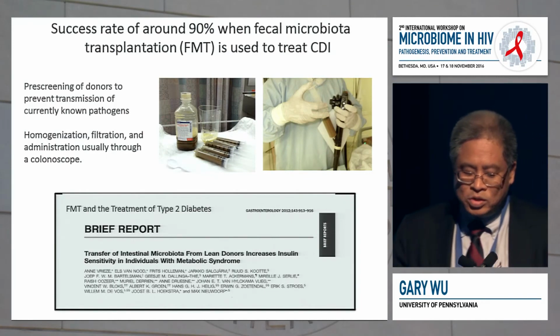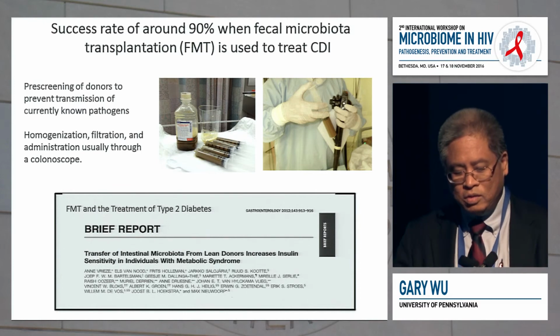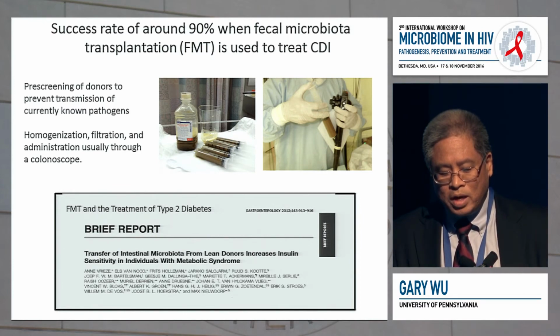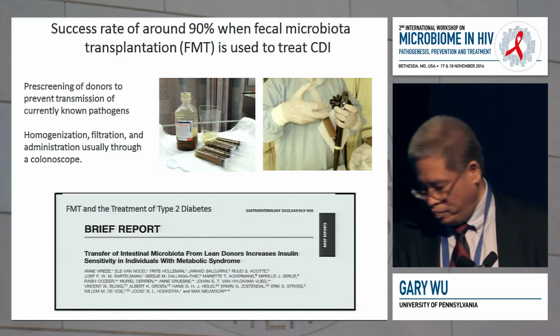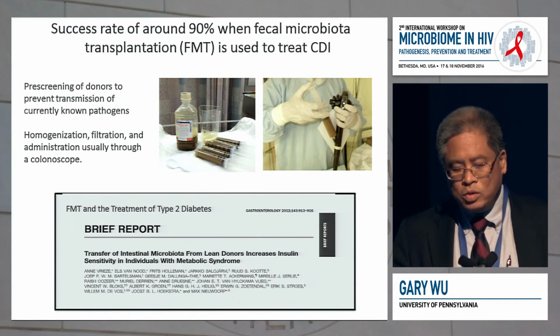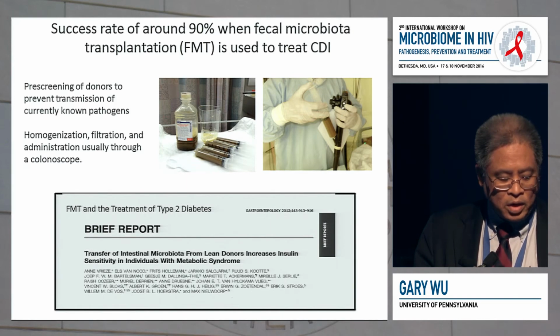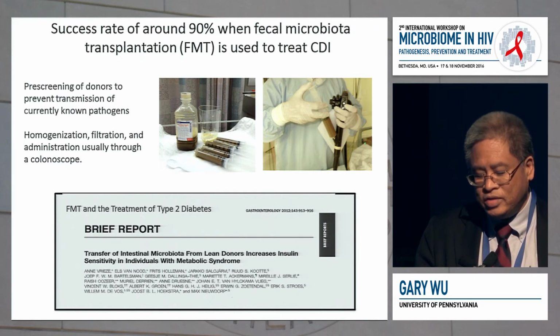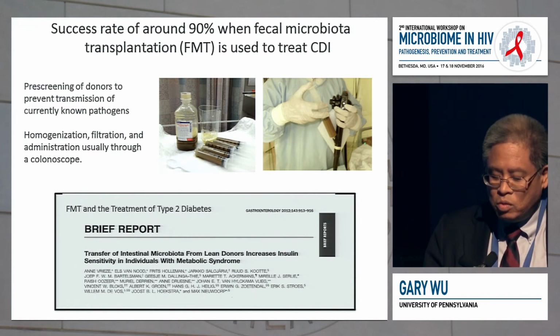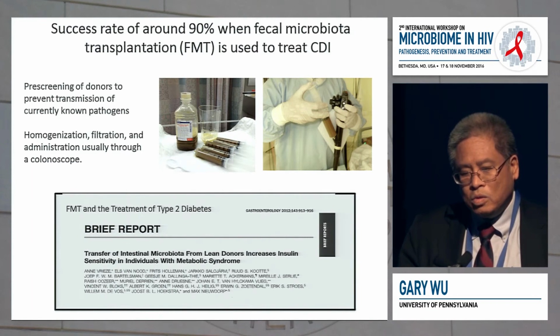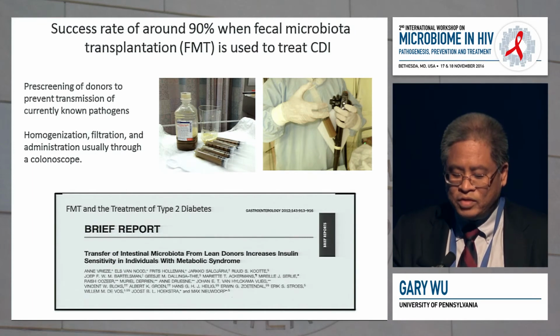Again, with the notion that we're trying to get a little bit closer to humans, what do we know about metabolic syndrome and the gut microbiota in terms of transfer? Well, you all know the story about fecal microbiota transplantation, which is exceptionally advantageous in individuals that have recurrent Clostridial difficile infection. A lot of you may also be aware of the work by Max Nieuwdorp, where he transferred the microbiota of lean individuals to individuals that had metabolic syndrome, and could show a statistically significant but modest improvement when he did this.